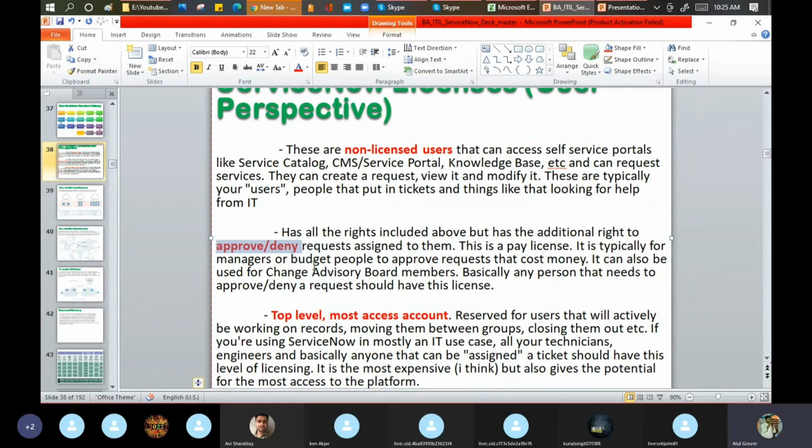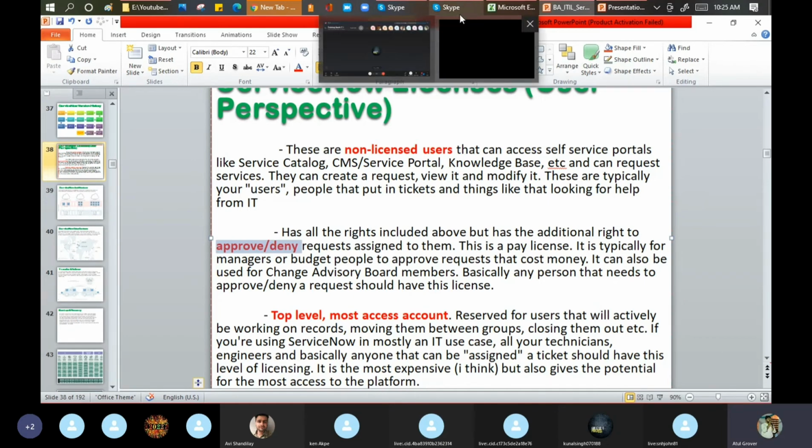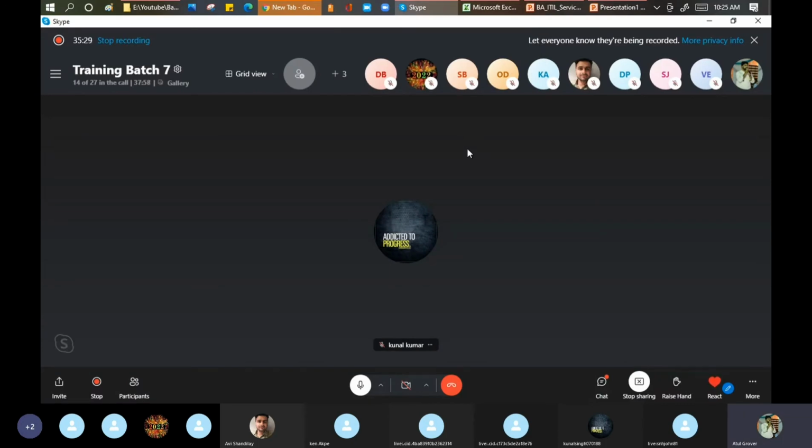Every role, every license has its cost. Approver has some other cost. ITIL has some other cost. Admin. Okay, one more account left is called the admin role. Admin means, let's say that Sneha and her husband are staying together. Now they both are admins of their house. They can do any kind of changes: painting, wallpaper, kitchen settings, washroom settings, balcony settings, gardening, plants, anything, because they are the admin